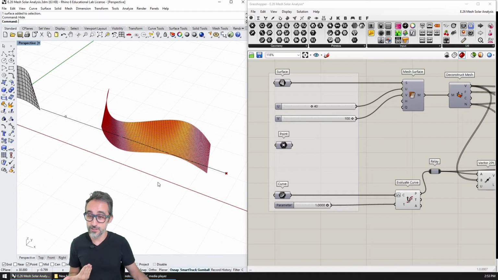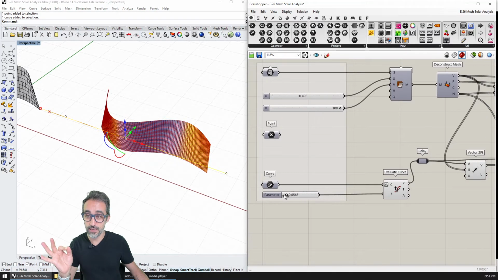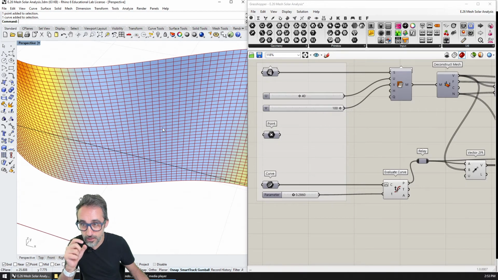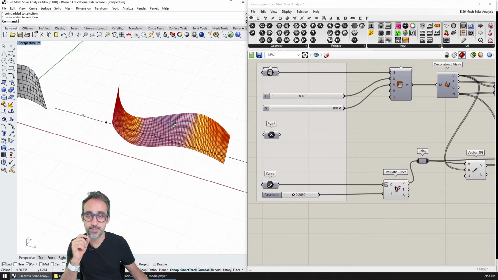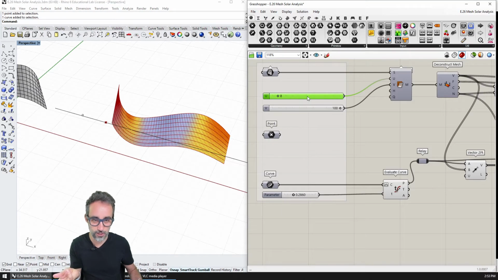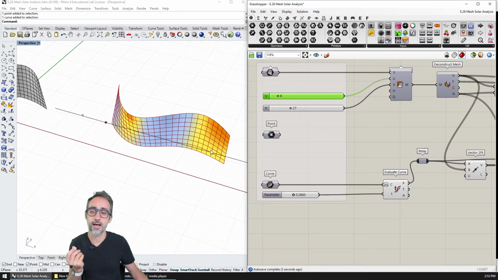Okay, so what I've done is that instead of having one point that I'm going to move, I created one line and then I created a point that I can situate along that line between 0 and 1, which is affecting the solar radiation as well. And that's the point that I'm going to be using for calculations. And also, if you look closely, I also really cranked up the definition of the mesh. So now each facet is way smaller, so that instead of having these really big meshes, I had that nice definition and the colors blended really well.